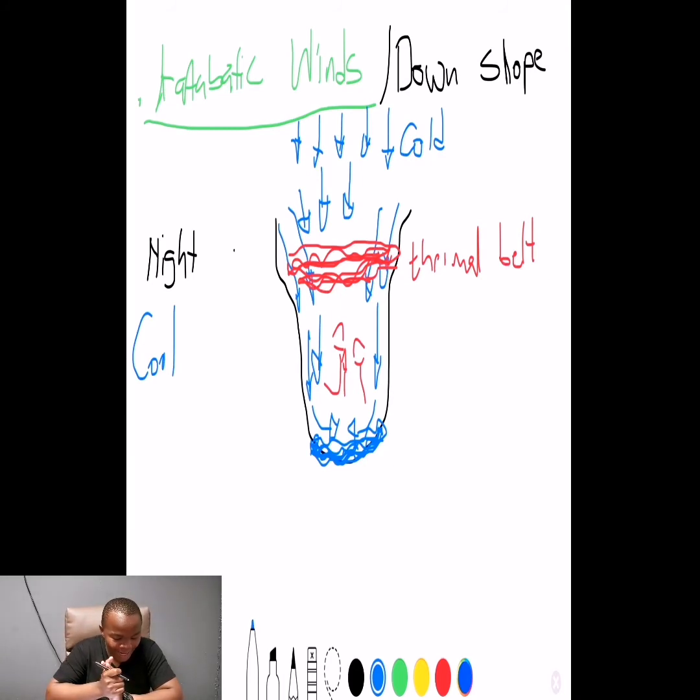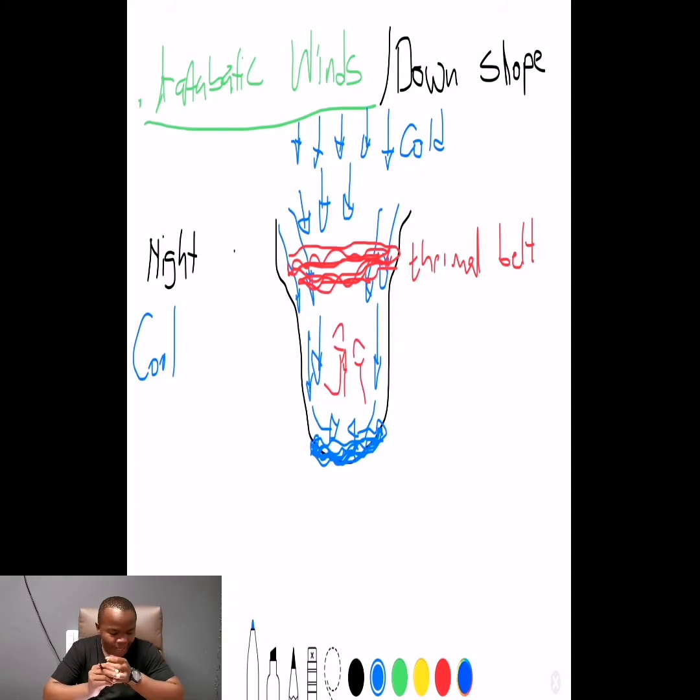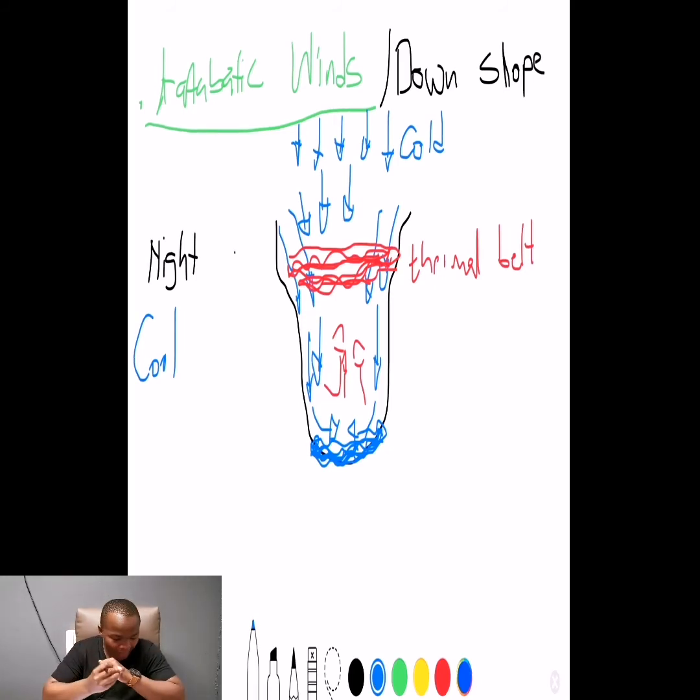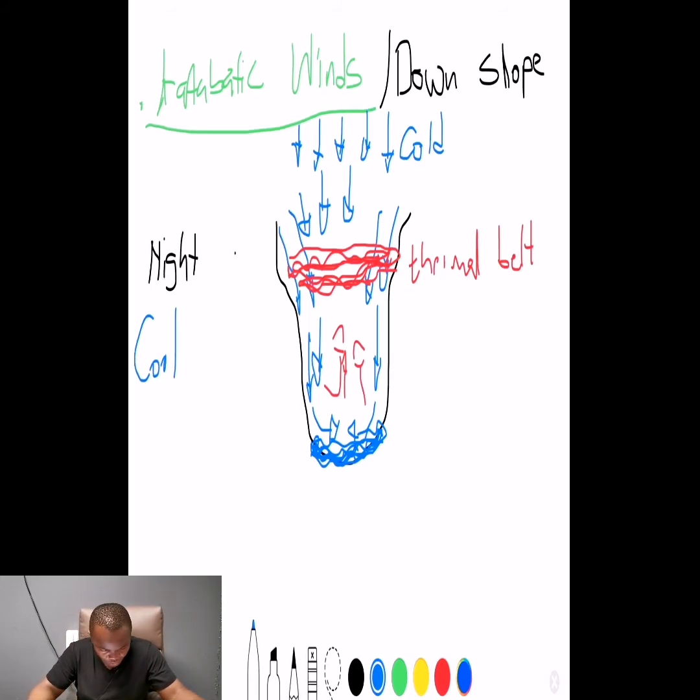It occurs at night under the following conditions. There must be calm conditions during the night. There must be clear skies, and then again, stable atmospheric conditions. And lastly, there must be high humidity over the interior. So the radiation fog forms as a result of what? Of the calm conditions, the clear skies, the stable atmospheric condition, as well as what? A high humidity over an area. So over the valley.